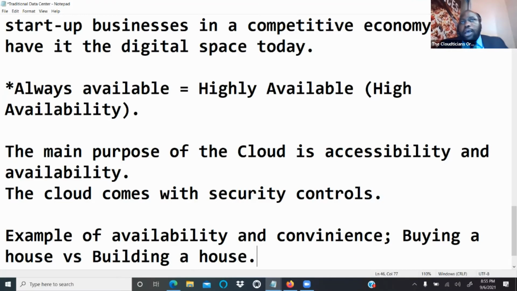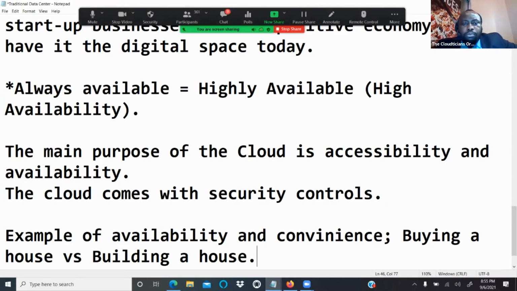It's the same thing with the cloud. Building a house in that 4 to 6 month span of time is the same thing as the traditional IT that we had in those days, versus buying a house. So, just to lay the understanding here before we